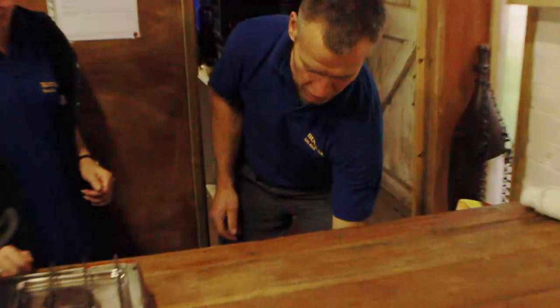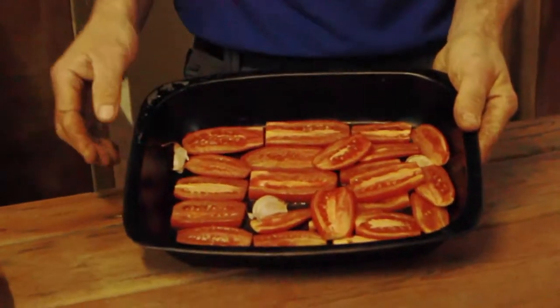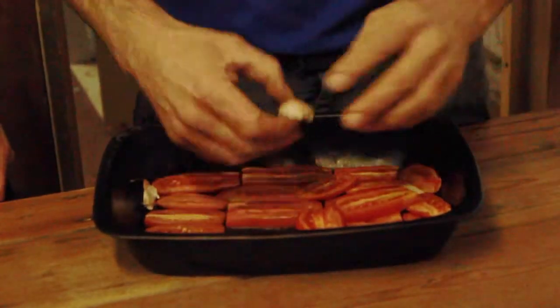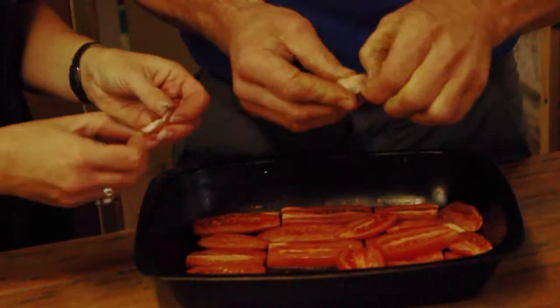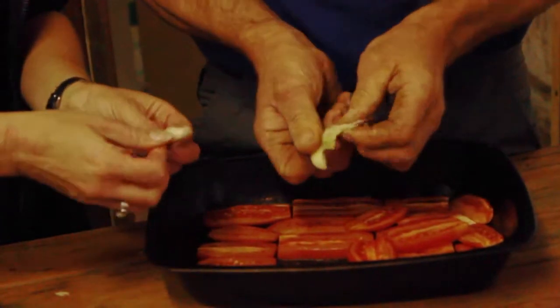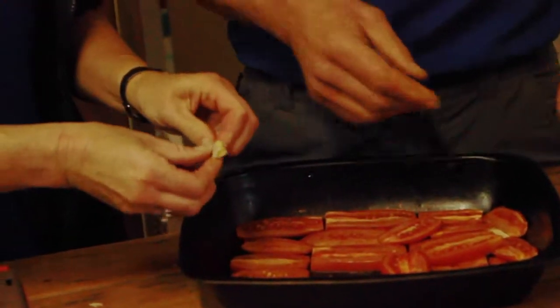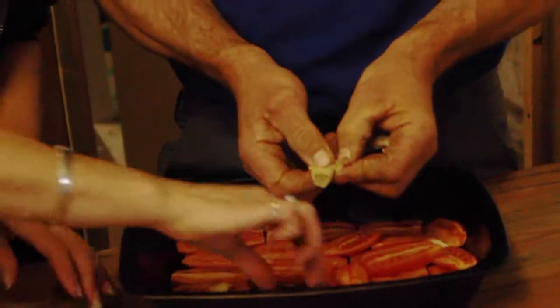So we're now going to lift our oven roasted garlic and tomatoes out of the oven, check that the garlic is nice and soft, so it should just gently squeeze out. So just pop the end, it should be nice and soft. Oops. And that smells lovely. Squeeze out,